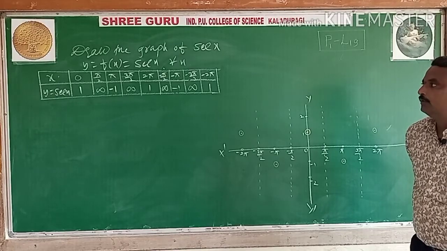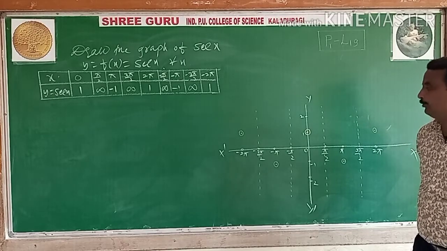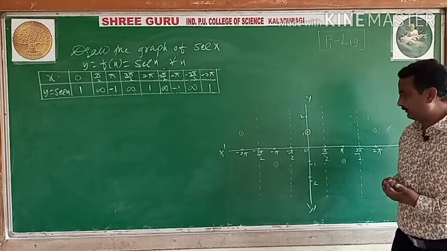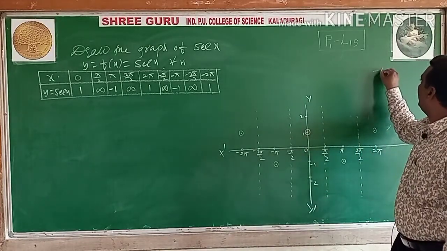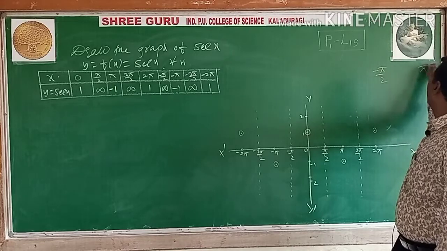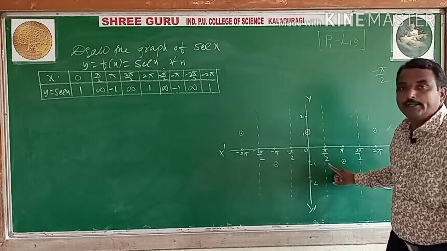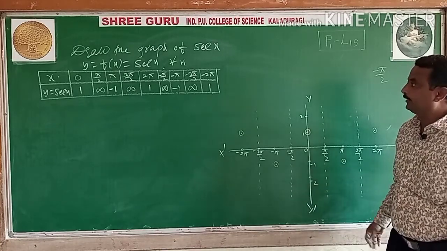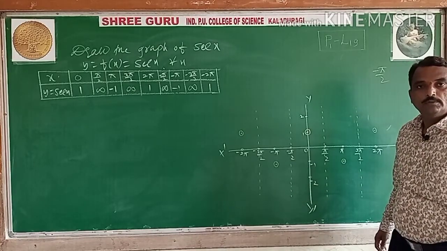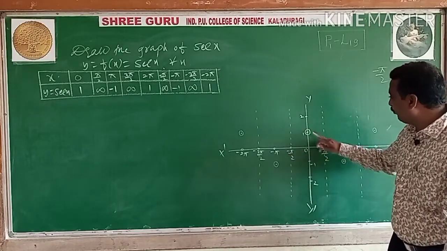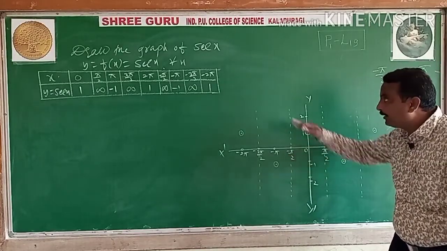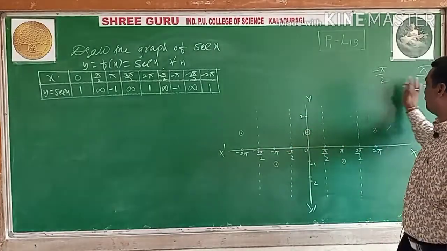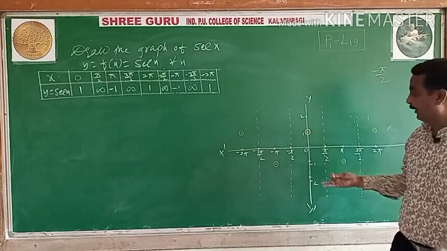Now let us take some more values in between the infinity lines, as you have taken in the graph of tan x and cot x. Here you will choose minus pi by 2 to plus pi by 2, minus 90 degree to plus 90 degree. You will take the values here, and you will see that you are getting values not less than 1 here. Let us see what type of values you get after taking some values in between minus pi by 2 to plus pi by 2.